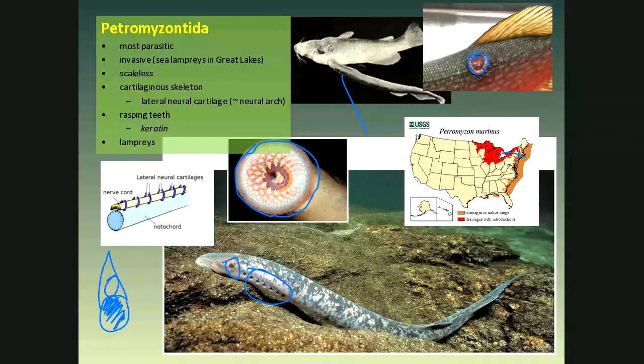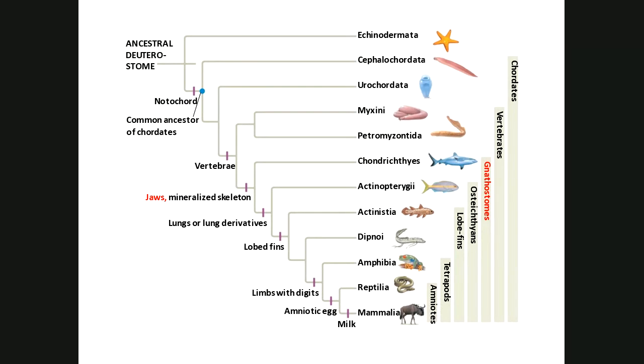I've only got a couple of minutes, so I just want to start this group because we're going to be moving into the fish. I've got a lot that I want to talk about in the fish, but we're going to move now from the cyclostomes, the round mouth, to the gnathostomes. These are the organisms that have the regular mouth with the jaws, the upper and lower jaws. Next time we'll get into the cartilaginous fish, the sharks, the bony fish, the lobe-finned fish, the lungfish. So you see, we've got a lot of fish to talk about before we actually get to the terrestrial critters.